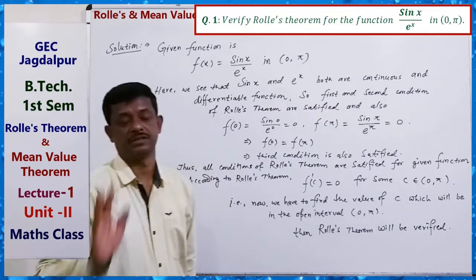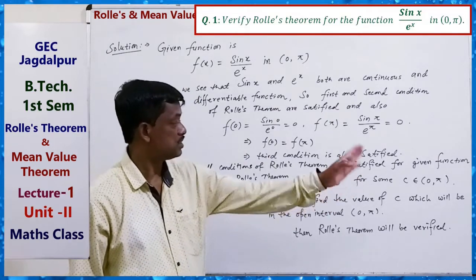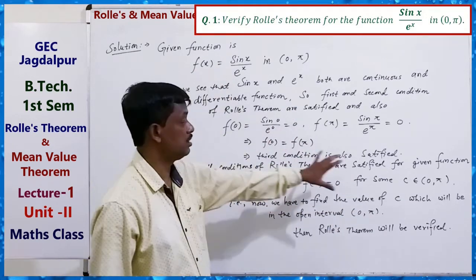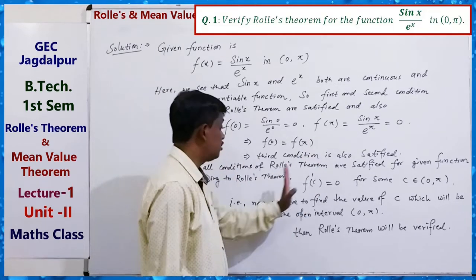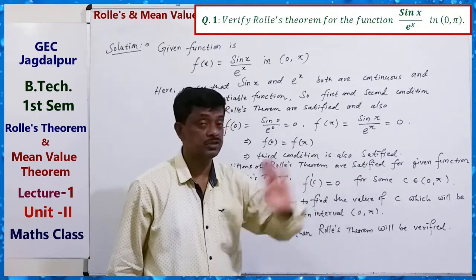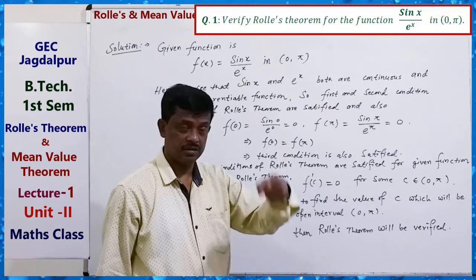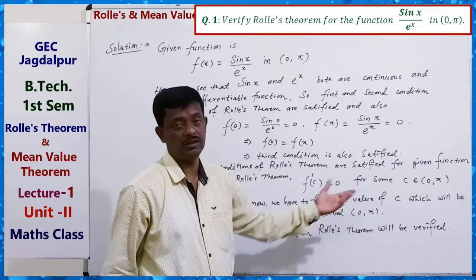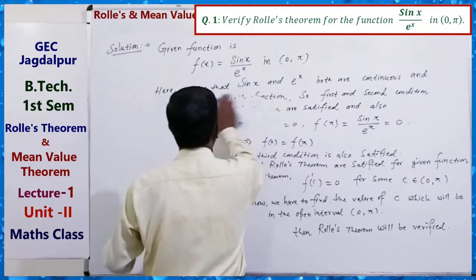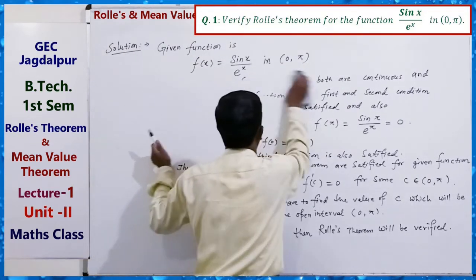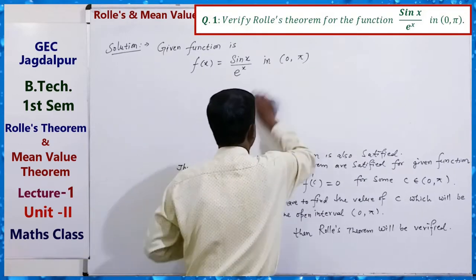This is our process. Okay, how can we verify Rolle's theorem? We just have to find the value of c. First of all, discuss whether the three conditions are satisfied by the given function in the interval. And now according to Rolle's theorem, f dash c is equal to 0 for some c belongs to (0, pi). That is, we have to find c, and that c must lie in the interval (0, pi), and then Rolle's theorem will be satisfied. So now just find f dash c, means first of all find the derivative. Okay,